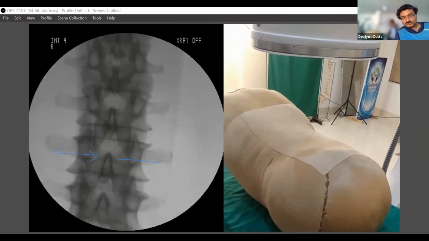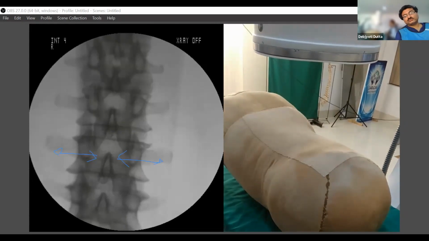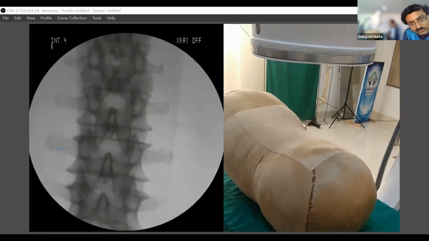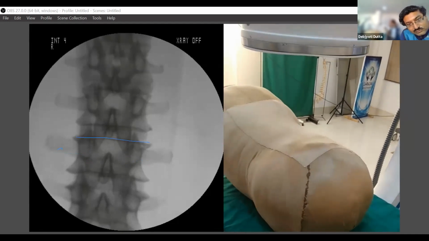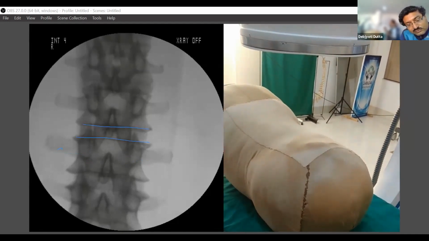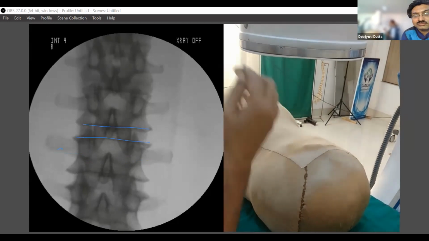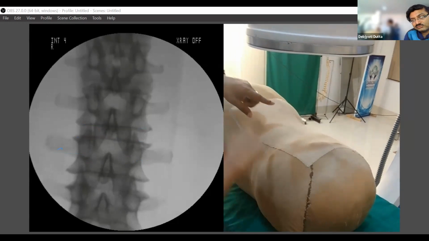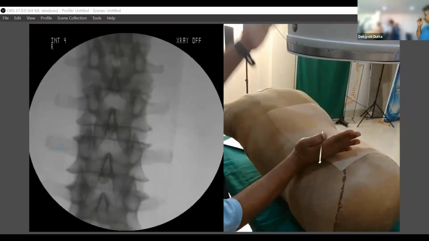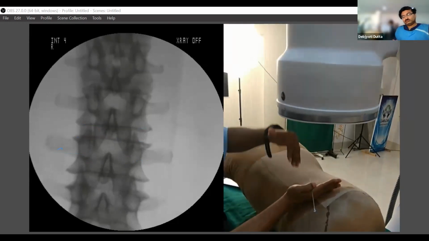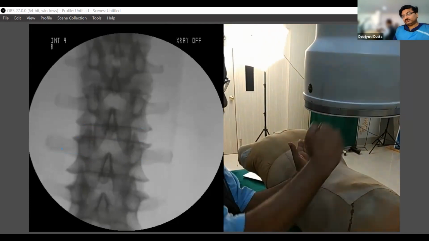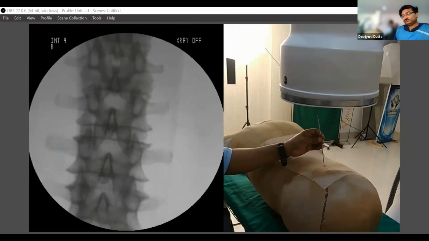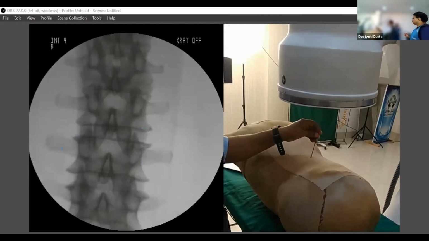Then next step is making the end plate parallel. So for that, already it has been discussed in the earlier class that the lower lumbar vertebra you need to make a cranial tilt, and the upper lumbar vertebra we need to make a caudal tilt. Why? Because our spine is curved, lordosis. So lower lumbar face towards this, so your C-arm should be coming like that, and upper lumbar your C-arm should be coming that. That means for the lower lumbar you need to make a cranial tilt. For the upper lumbar you need to caudal tilt.